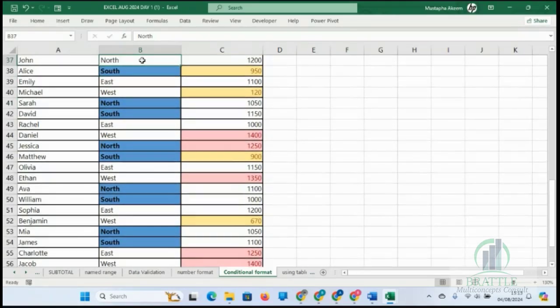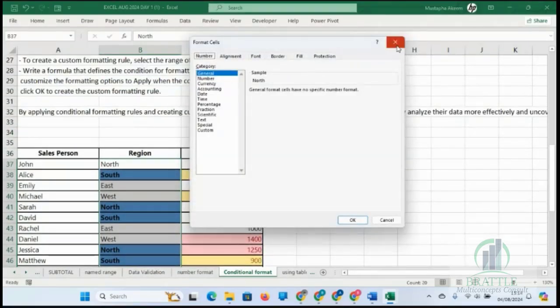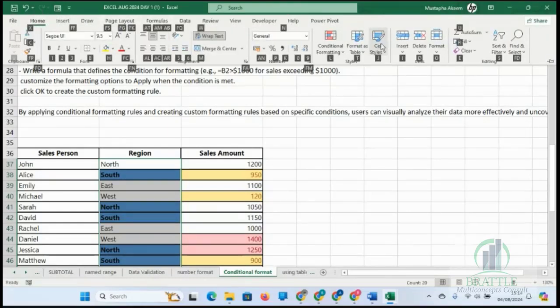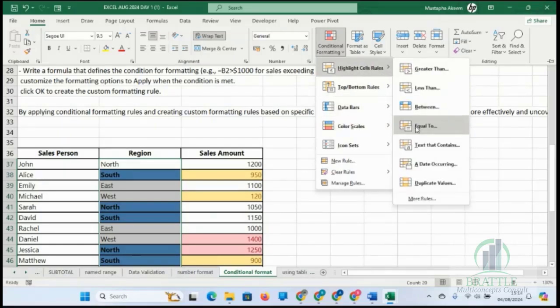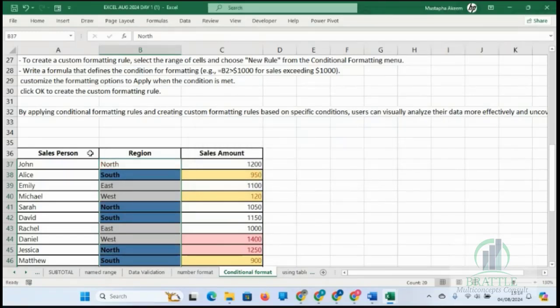Let me do it again. Just select your range. Press Control. Select the Home tab, or you press Alt on your keyboard. When you press Alt, it will give you all these options. Press H to take you to the Home tab. Press L for conditional formatting. Then you can press H for this, top for this. So that is how to highlight cells that contain any text that you want. Put it there, and you can use conditional formatting to format your text.